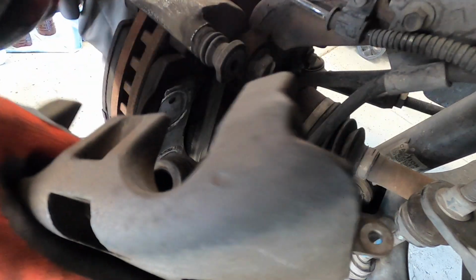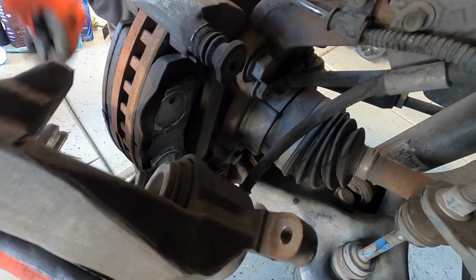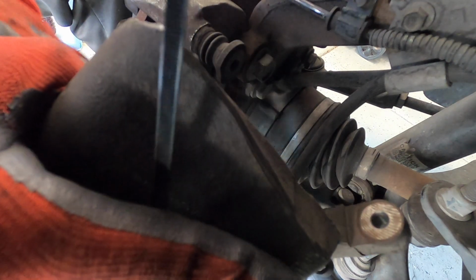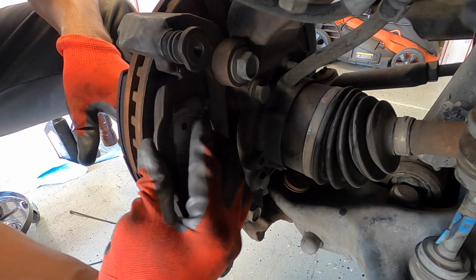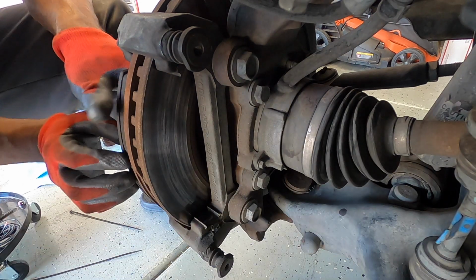So this is not hanging on the brake line itself. Get yourself a pair of zip ties, simple as that. And what I do is I'll just tie this up top to the suspension itself, or maybe the upper control arm, so that the weight is being held up with these guys. And once you guys have that off, your brake pads will easily slide out just like that. There's the back one, and over here, here's the front one,